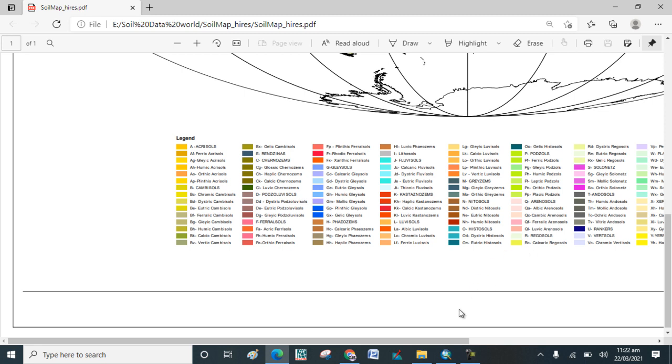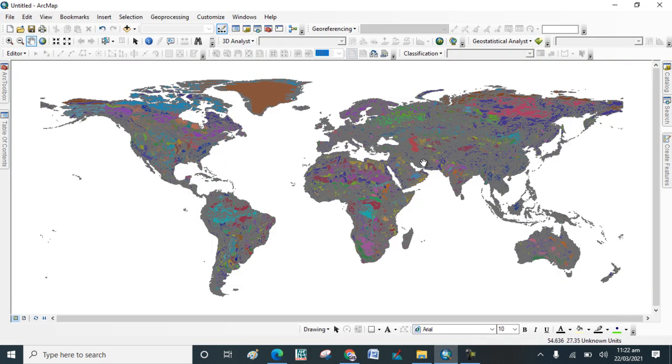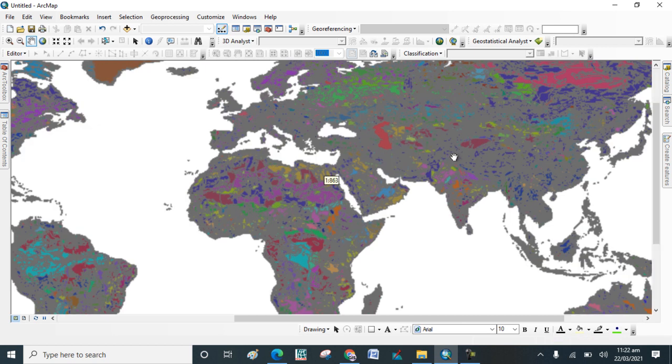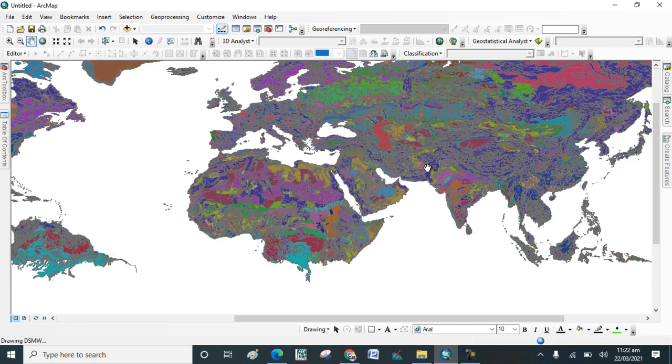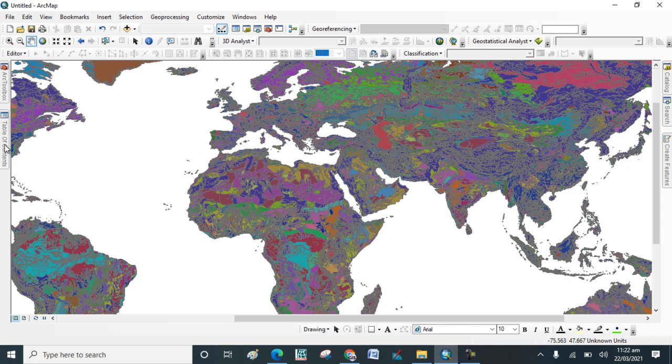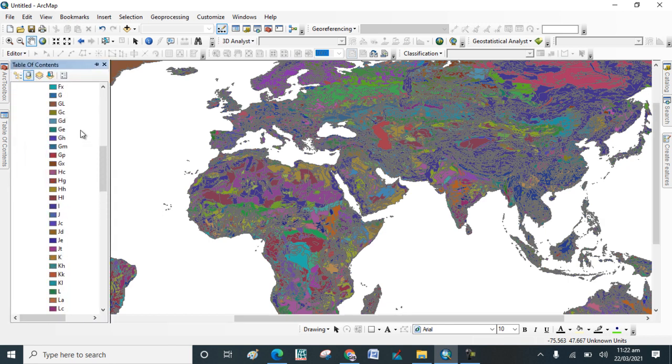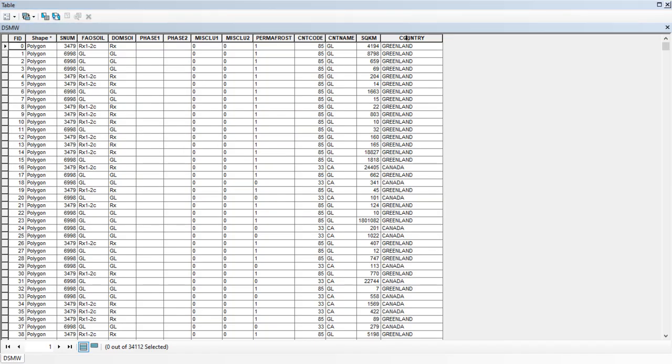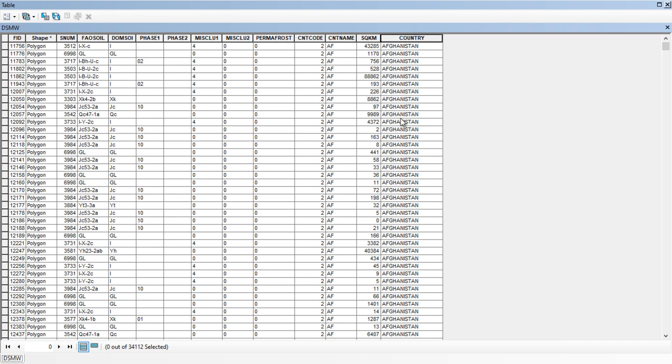Now if you want to extract your study area, like I want to extract Pakistan soil data, I open the attribute table and go to country and double click on it so that it will be in ascending order. You can see that it is in ascending order.